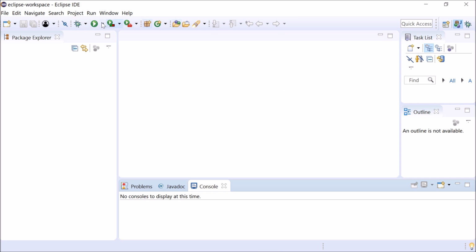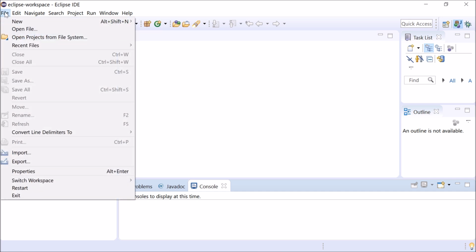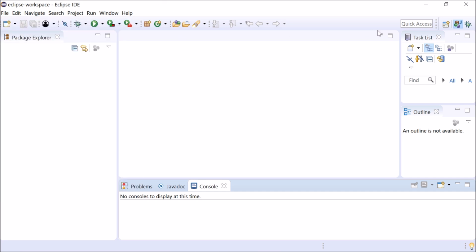This menu can act for different purposes, but the main thing is that Eclipse has provided the quick access. This quick access means it has listed all the shortcut functionalities of the different menus which you can see in the upper portion of this Eclipse IDE.